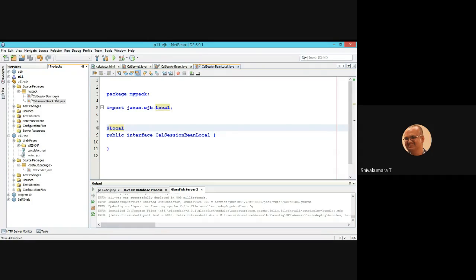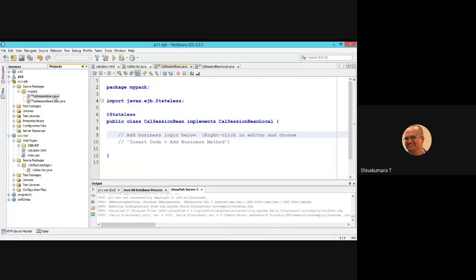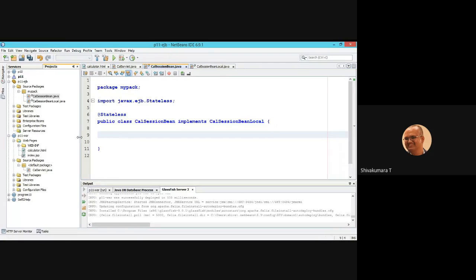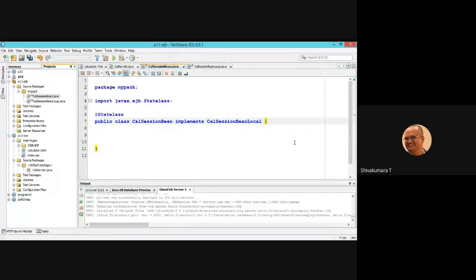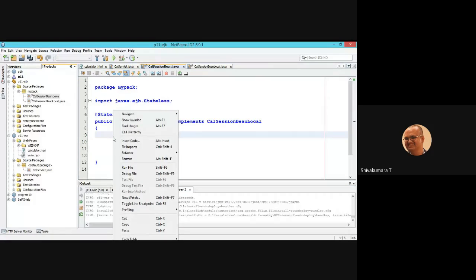Now go to CalSessionBean. Add the business methods. What is your application? Calculator application, right? What are the business methods for calculation? Addition, subtraction, multiplication, and division. Okay. Now right click.